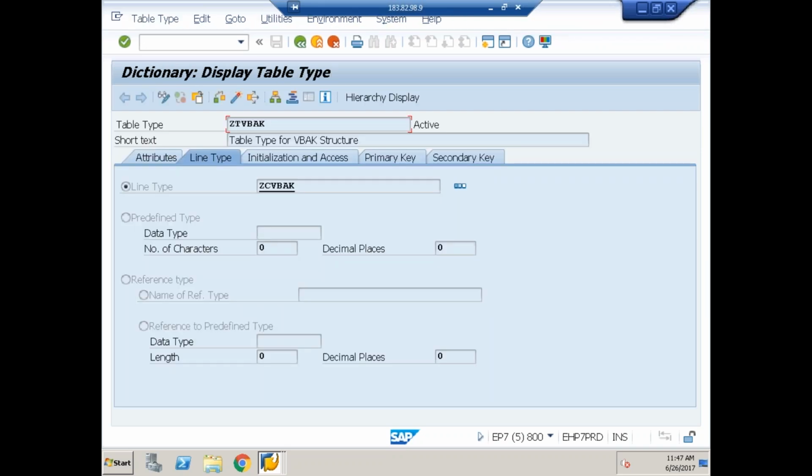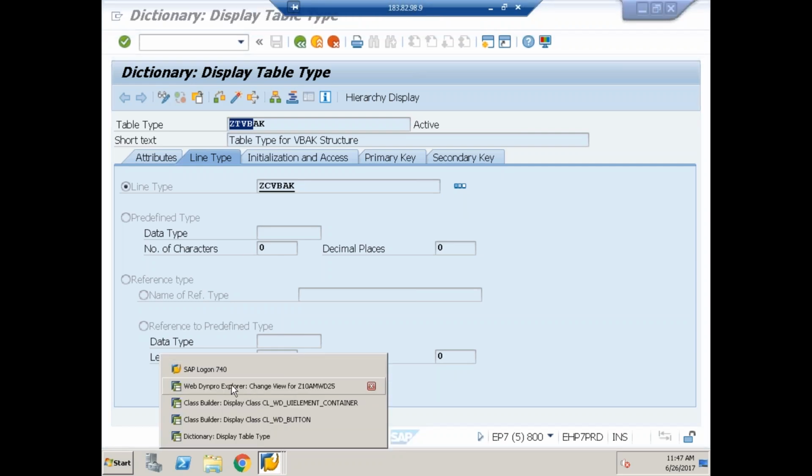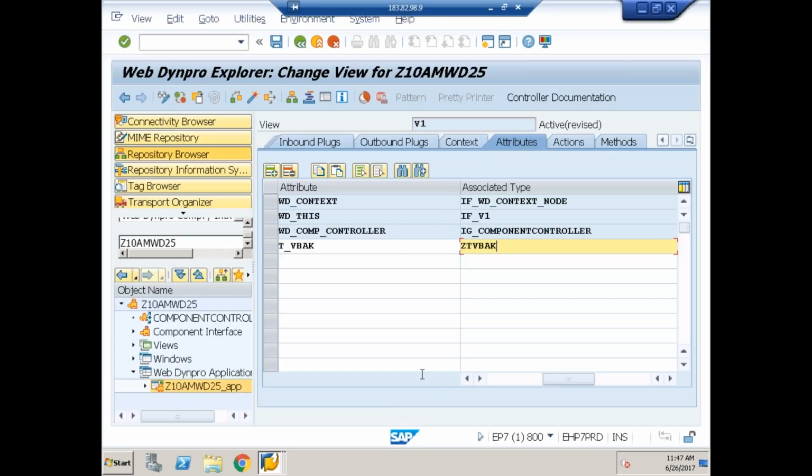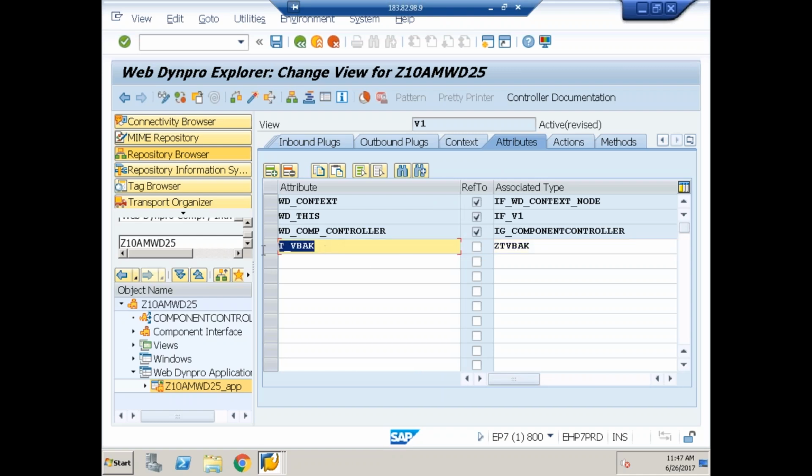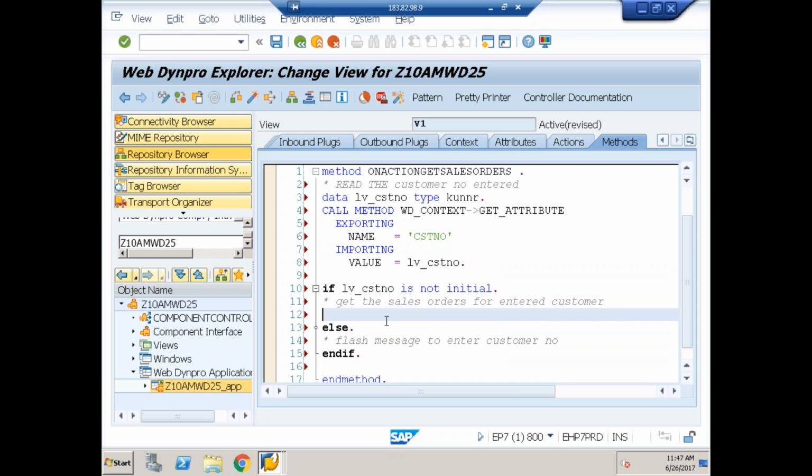Yeah, I'm having a table type ZT_VBAK with the same structure. So I can refer to that. Can I call this an internal table? Yes, because it is referring to a table type, and it is available at the view level. So I can use it in all the methods of this view. So now I'll say select